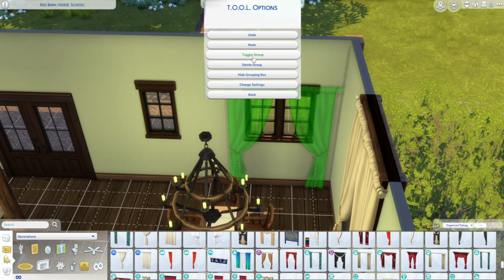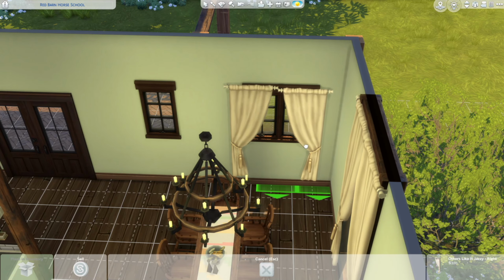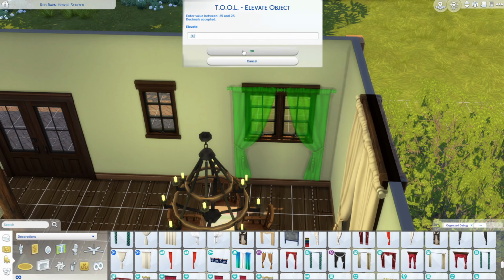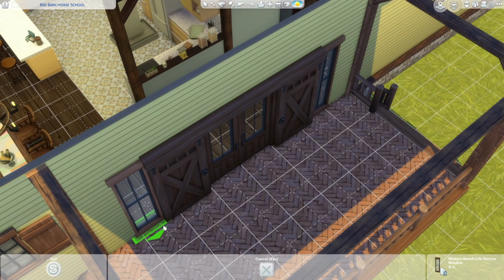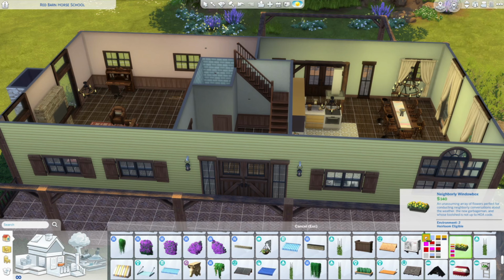I also sized them down a smidge because they were just a little bit too big, and I think that worked out pretty well in the end. Thank goodness for the tool mod is all I can say, because I would be lost. Every time I need to change just the tiniest little bit of size or detail, it comes in so handy. There's our coffee table that you will have seen for a brief second,